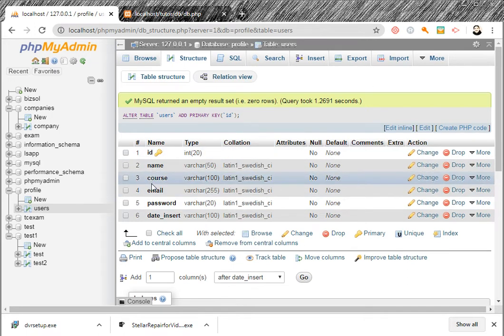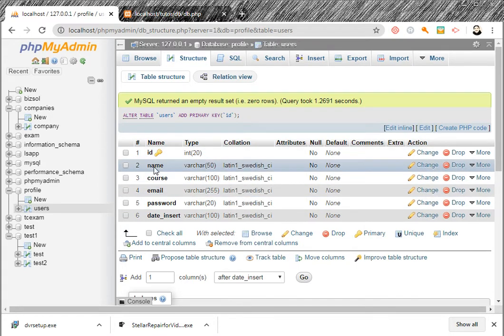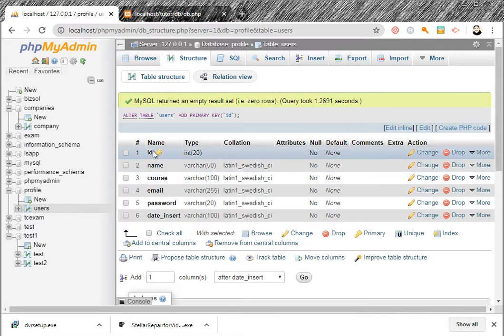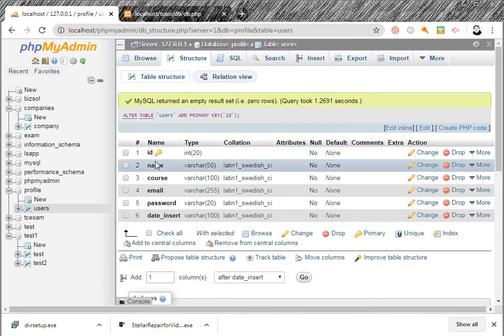We are just learning how to insert and how to apply the classes in PHP. This is not a MySQL course, this is not an SQL course. But you must know that this ID is extra if email is there; we should have email as ID.